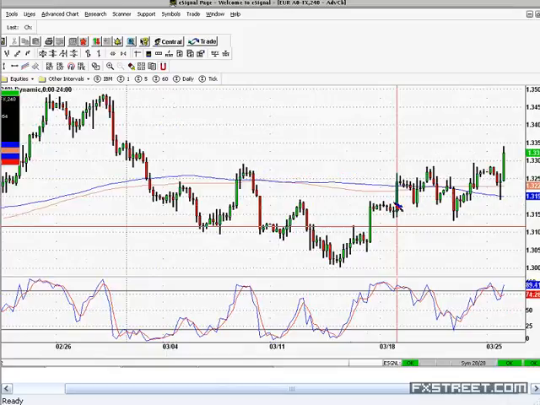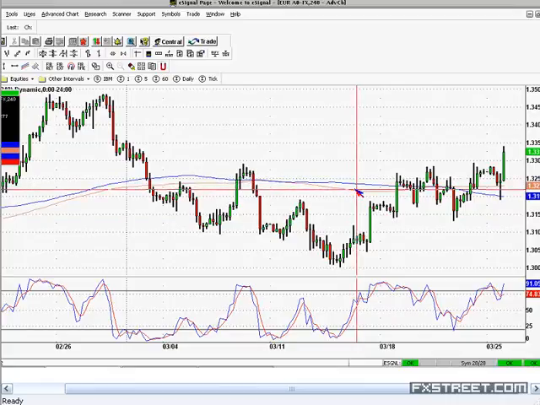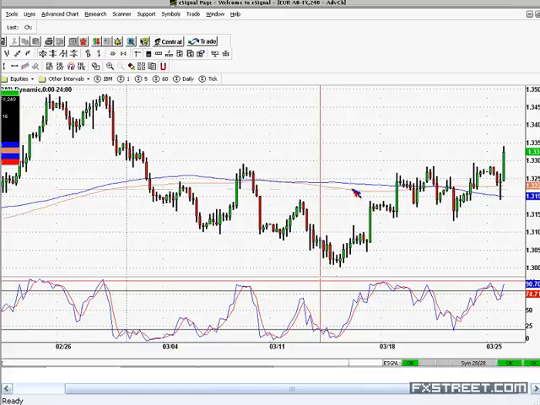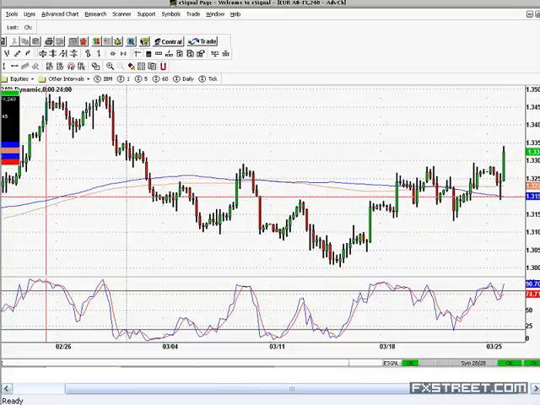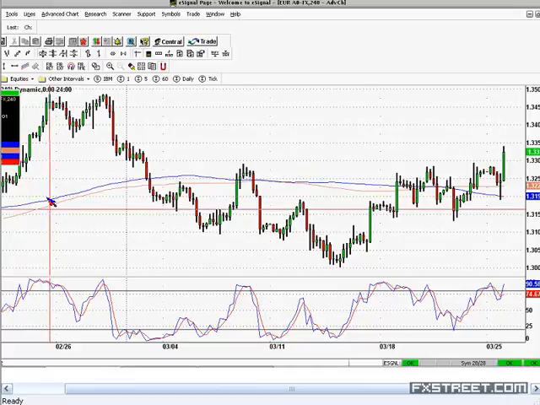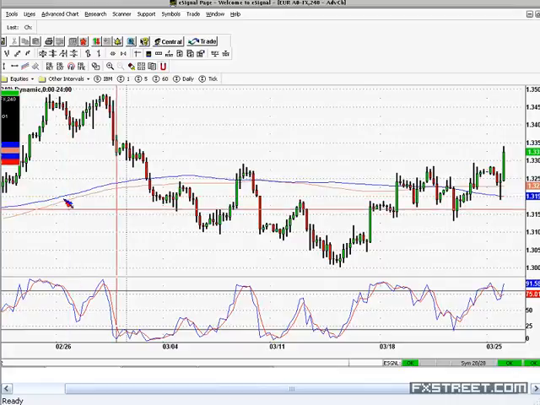All right, so the way this works is that we're going to be looking for opportunities to join the trend. The blue line here is the 125 simple moving average. The red line is the 150 simple moving average. We're only going to buy when a currency pair is oversold if it is trading above the 125 simple moving average, and we're going to use the 150 simple moving average as a stop.